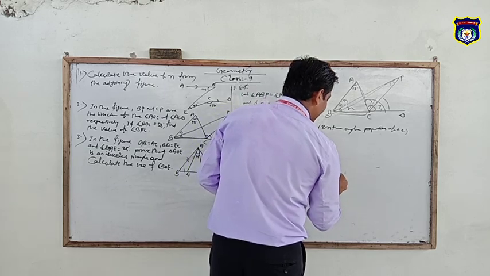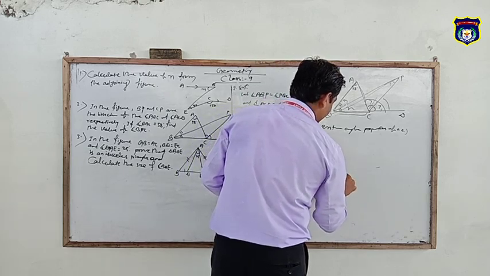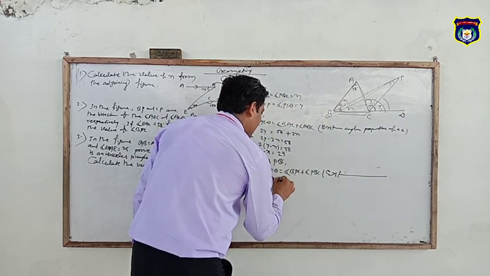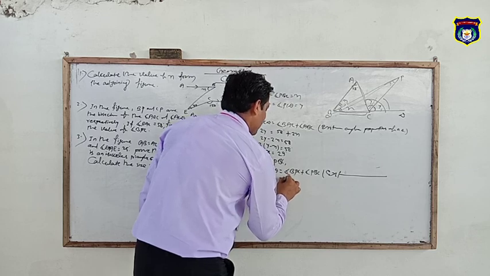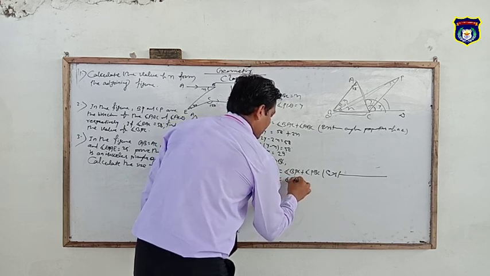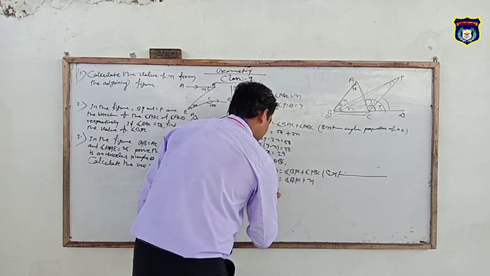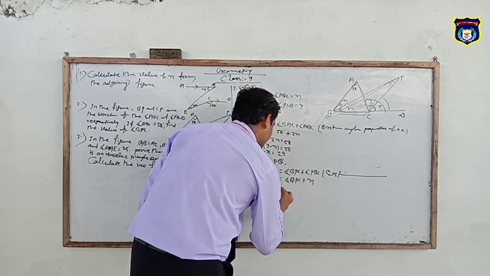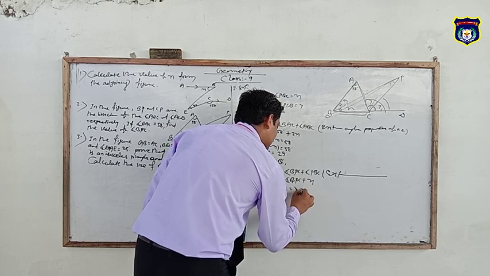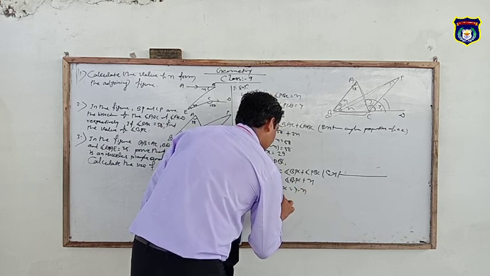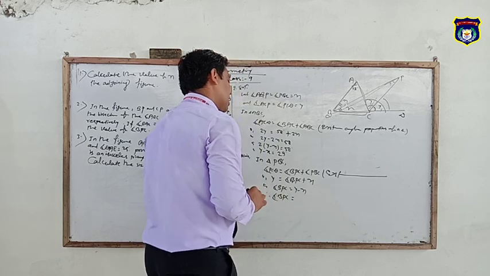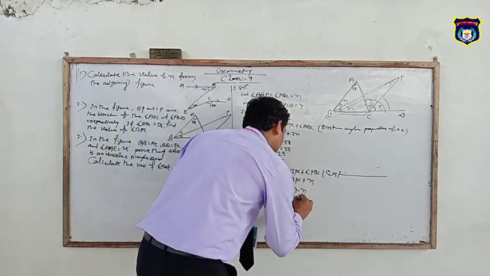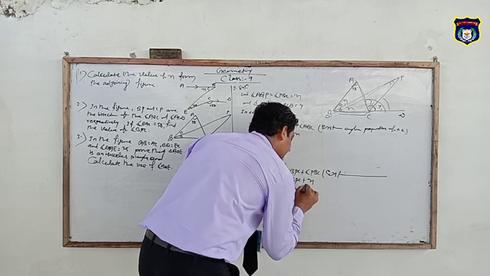There is also the exterior angle property. Using it, PCD is y and angle PBC is x. So BPC is equal to y minus x. We already found the value of y minus x is 29, so we substitute it. So BPC is 29.